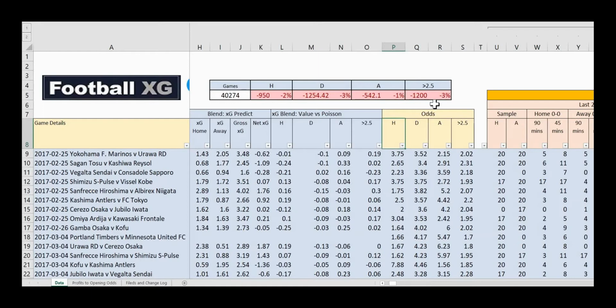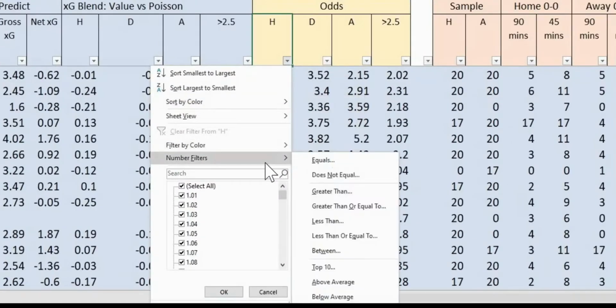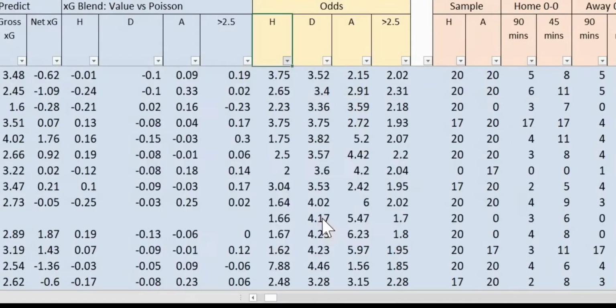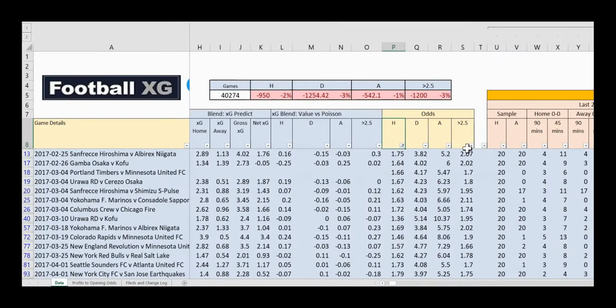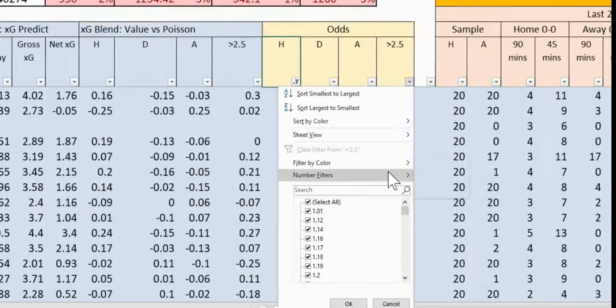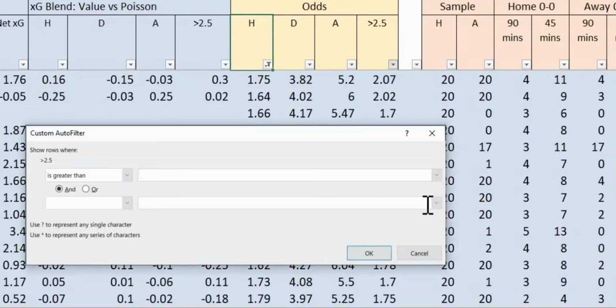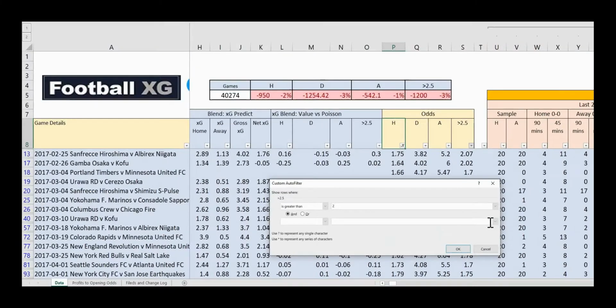What I'm going to quickly talk about now is an example system, which is something that someone was discussing with me over email a couple of weeks ago. They wanted to look at home teams where there is a clear favourite. So we're looking at home teams where the odds are less than 1.8. And then they were interested in games where the over 2.5 was greater than 0, with the idea being that if there's a clear favourite, then there should be goals. So this was a system looking at over 2.5 goals.